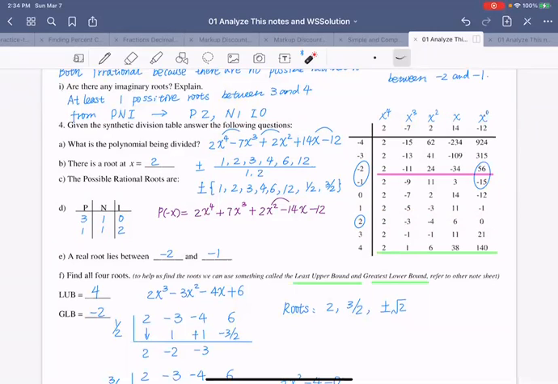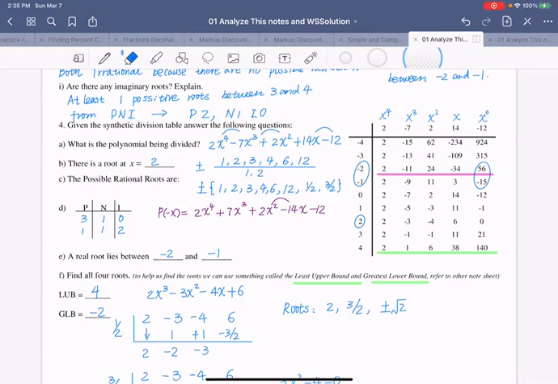For possible rational roots, you are using the factors. The factors of 12 are 1, 2, 3, 4, 6, 12. The factors of 2 are 1, 2. So these are your possible rational roots. And then when you do the PNI,